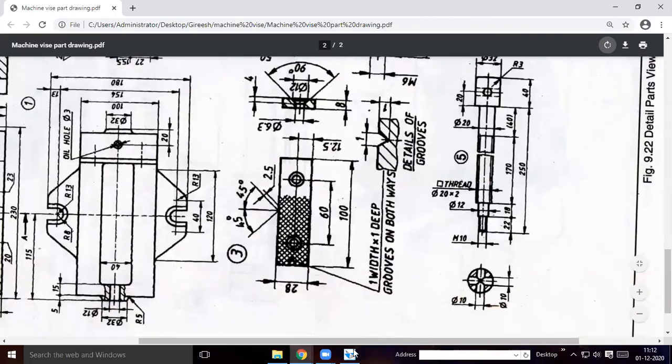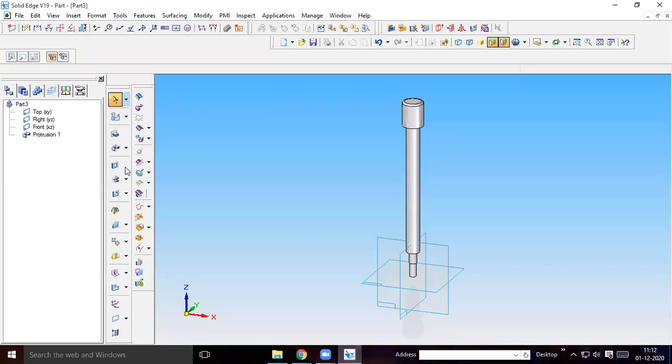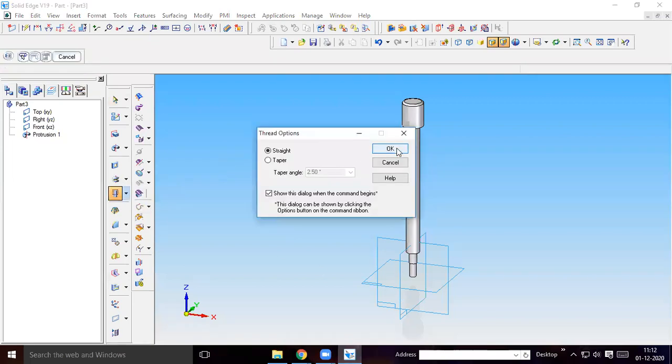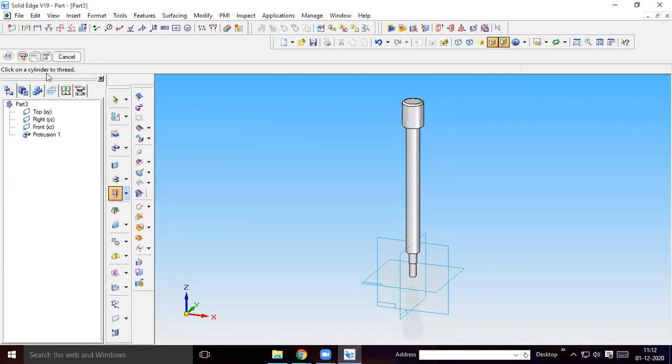First I will provide thread here. I will go to the wall option. In the wall option, there is a scroll down. In that you will have external thread. Select external thread. So here click on the cylinder to thread. Bottom cylinder first I have to thread. Click on the end of the cylinder from which the thread will offset. From this end, the thread has to be offset. Then to cylinder extent, the type of thread will be M10. Select type, then finish.